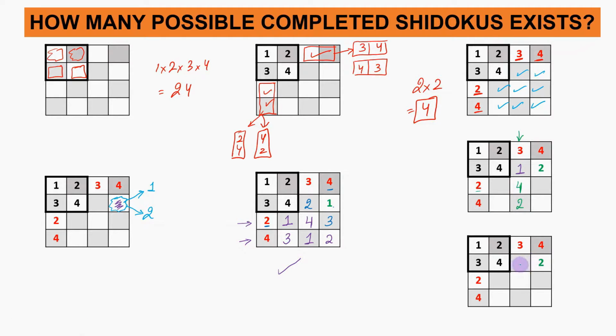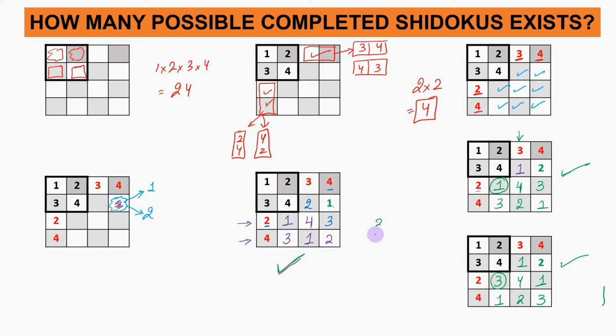And now what we are going to do is we are going to write down these digits for this square also. Okay, so we have 3, 4, 2, 1, 4 and 2 in this column. Now the only possibility is if we write a 1 over here, then we will get a 3 and thereby we will get a 1 over here and a 3 over here. Now the other case can be that instead of writing 1 over here, we can write a 3. So if we write a 3 over here, we will have 1, we will have 3 and finally a last digit, that is 1. So this is one case, this is the second case and this is the third case.